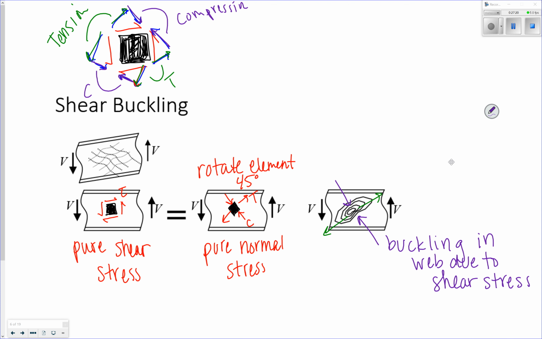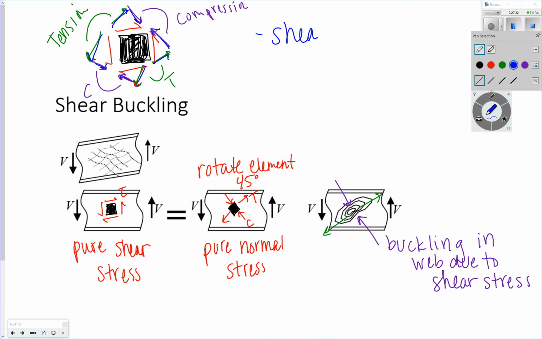So if I'm designing for shear buckling, there can be buckling in the web due to shear. Right? Shear buckling